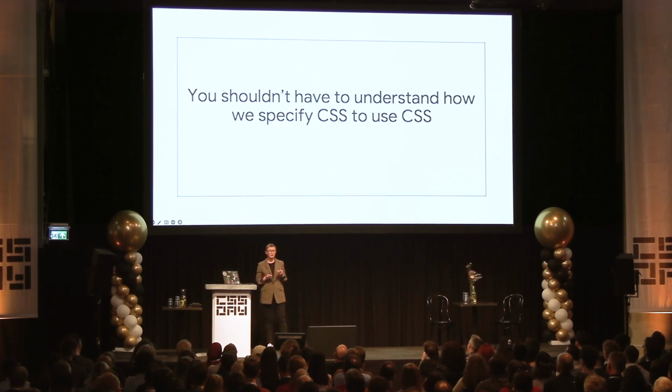I think a really good question to ask when we're specifying things is, do developers need to understand how we've structured the specification to use this? And I don't think they should. I don't think you should have to care about the inner workings of the CSS working group and how we've figured out how to do something to be able to use CSS. And I think by bundling masonry into grid, you'd have to understand a lot of those bits and pieces.